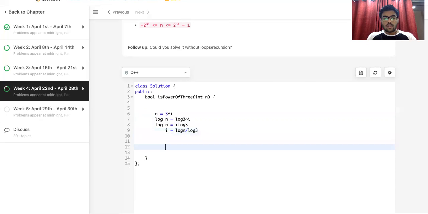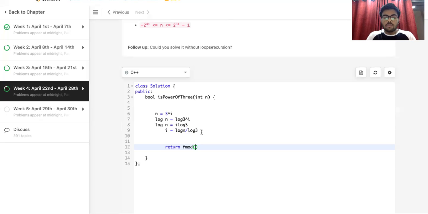So basically we have to return using a function called fmod, because log of n by log of 3 can give us a floating point number, which might be affecting the floating point number that we are going to store.